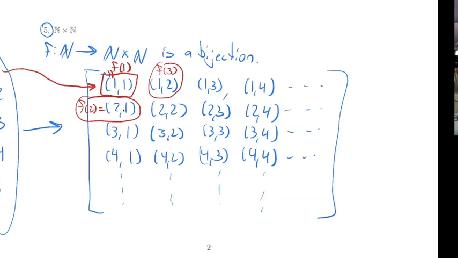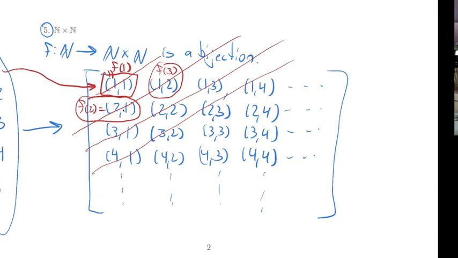And so what I'm going to do here is just snake my way through all of these. I'm going to start here, and then do everything on that diagonal. Then I'm going to come down to the next diagonal and order all of those, and then come over to the next diagonal and order all of them. And if I keep on doing this out forever, I'm going to be able to order every single pair of natural numbers.